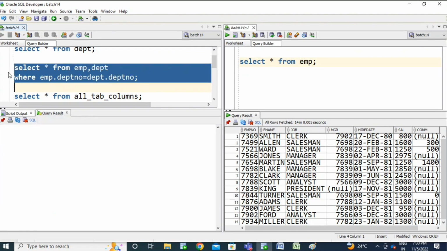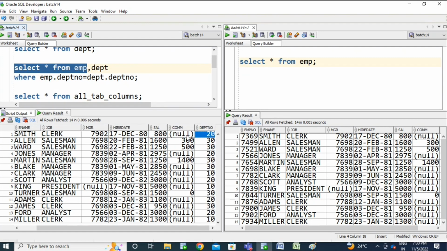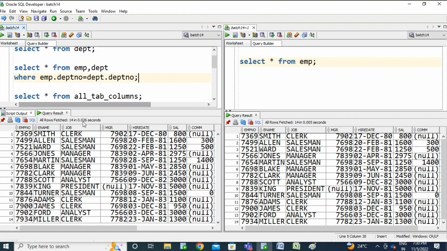I'm comparing each record value, taking the department value of this particular EMP table, and comparing it with the department number value of the DEPT table. Okay. And if that particular record matches, I'm going to display that. So now see, I'm getting only the 14 records.